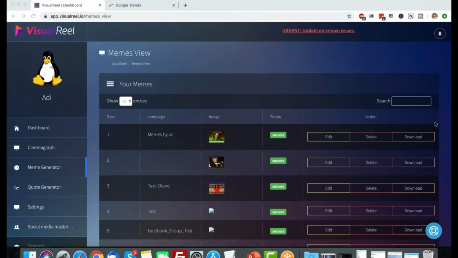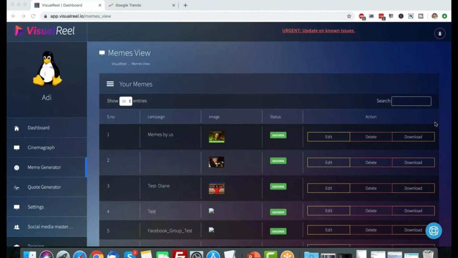Now remember, the most effective way to use memes is to actually leverage trends. So you have to be a little bit creative here. You have to think about how exactly you can use what's trending right now and make it sound a little bit controversial, or make it sound a little bit funny, right? Which is not that difficult. If you use the trends and you start creating memes and start posting those memes, there are really good chances you could get viral. That's how memes get viral. That's how pages get viral. That's how people get viral, right?